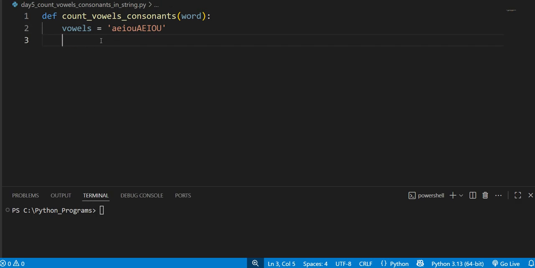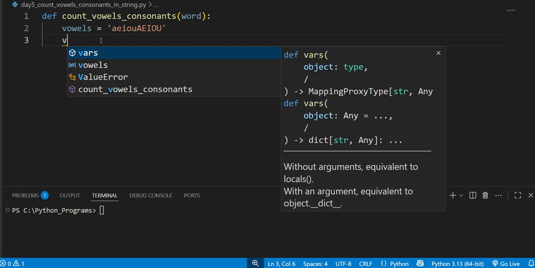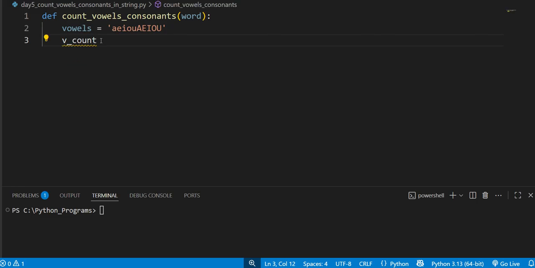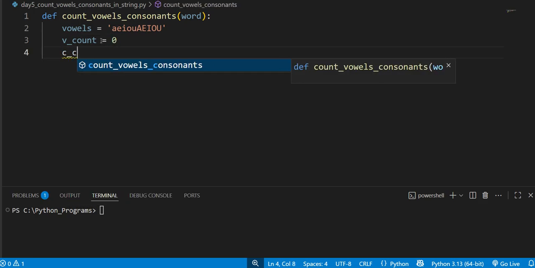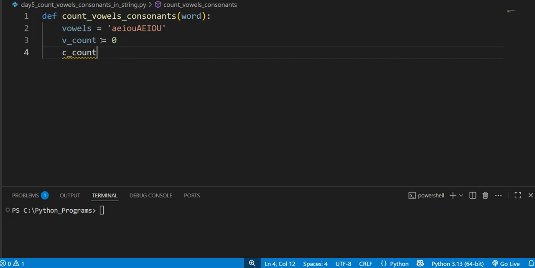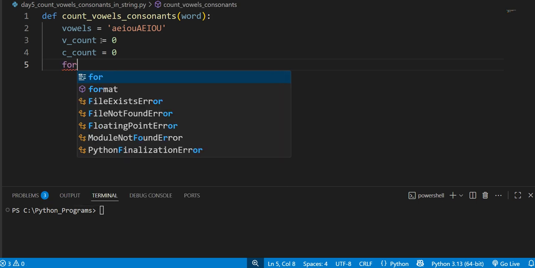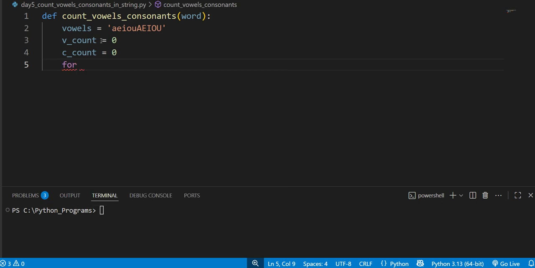Here counting will need two variables: vowels count and consonant count. I'm defining two because we have to count two things. Next, we have to go to each character: for character in word,